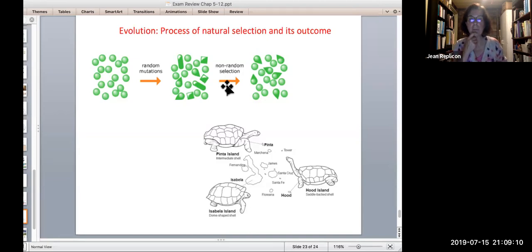Another example of that would be, like I was talking about, the Grants, looking at bird beaks in the Galapagos Islands. In the dry years, having a harder, stronger beak would allow them to survive better. It was random, the change that led to the beak changing. That was mutation. But it is not random, the fact that they're able to survive better, and so more and more of them. Okay, so